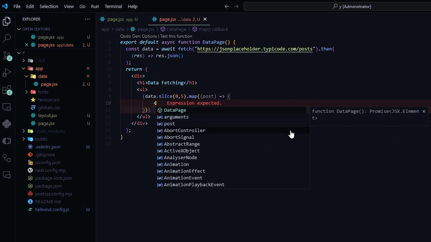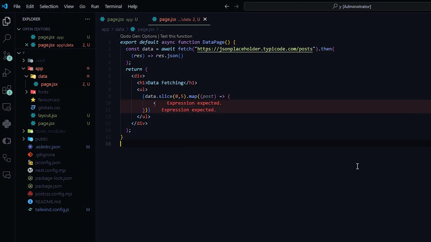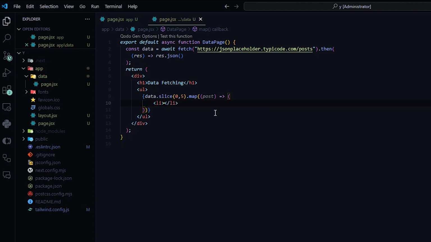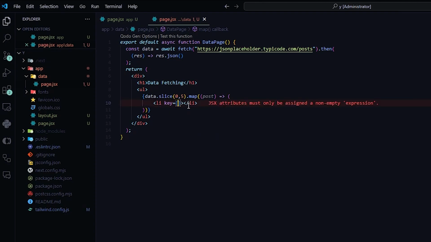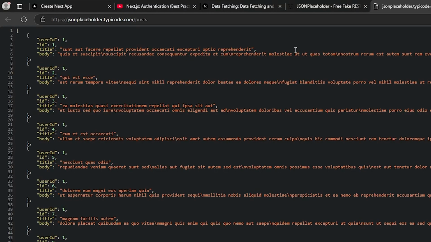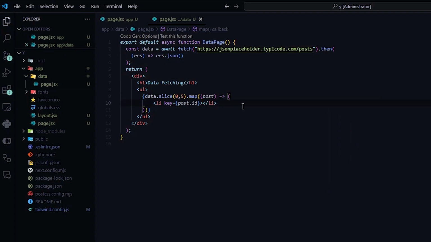Here the data slice takes the first 5 posts from the fetched data, and the map iterates over these posts and generates the li that we have, and for each post and li we will have a key as well, which we'll call, for example, post.id, because here our post contains an ID, a title, and a body. So for an example, we're just gonna use the